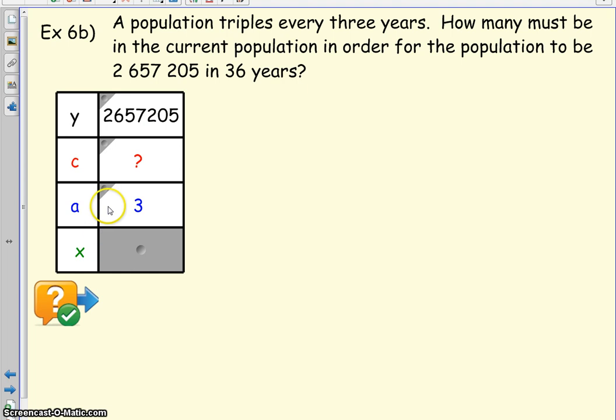2,657,205. Now, as for the x, again, we can't just put 36 in for our x because it's not tripling 36 times in 36 years. It's tripling every 3 years. So how many times is it actually going to triple in those 36 years? Well, it's going to be 36 over 3, which is actually going to be 12 times. So it's going to be tripling 12 times in those 36 years. So our exponent is going to be 12. So in terms of our equation,